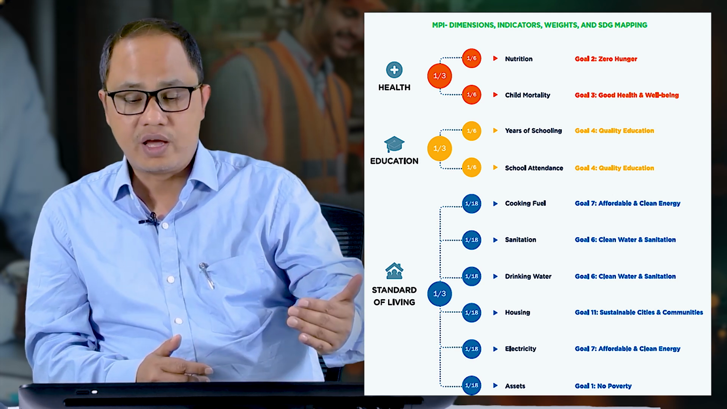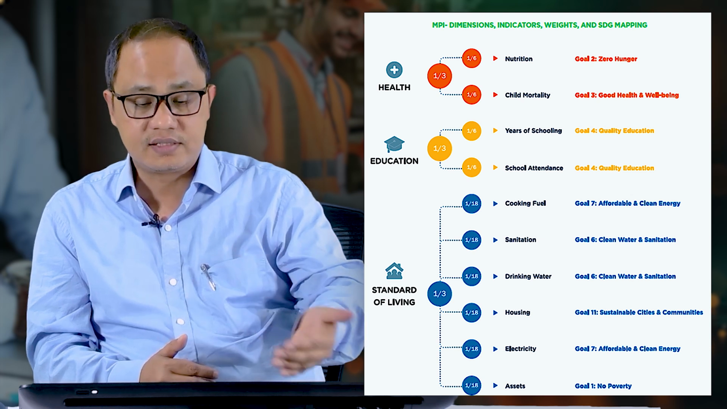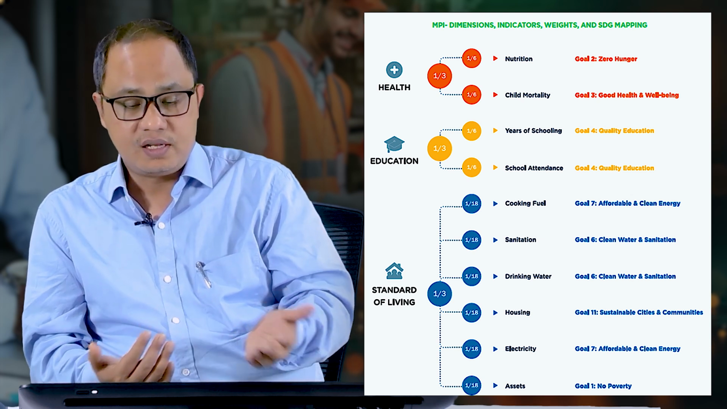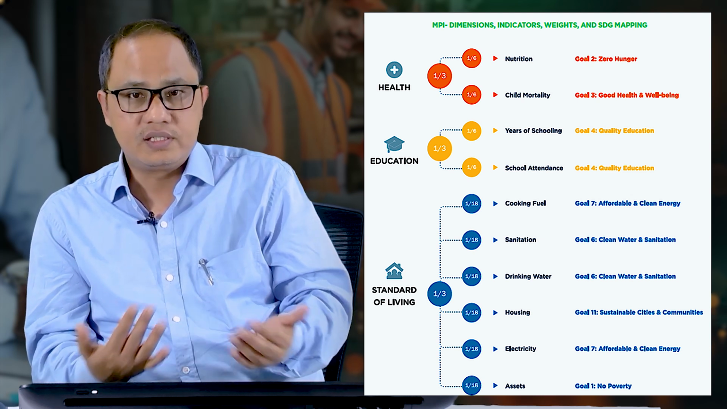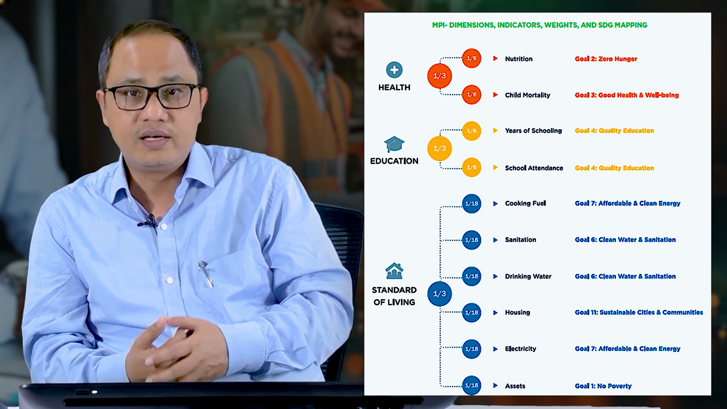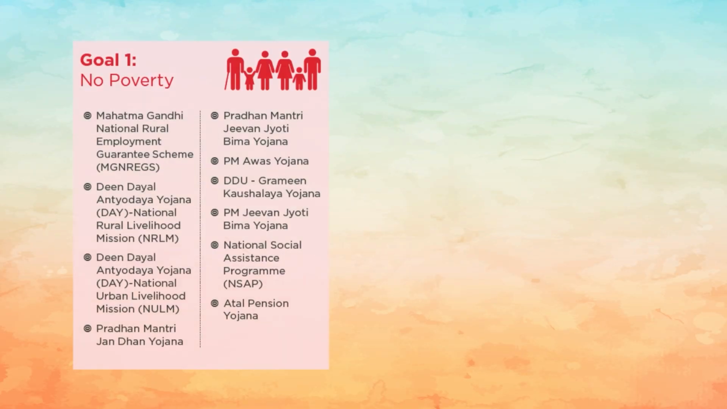Electricity, that's also affordable and clean energy. Assets, it is not poverty itself, but assets is also one of the indicators that indicate your poverty level. So in India, the different policies and programs we are implementing or introducing to end poverty are Mahatma Gandhi Rural